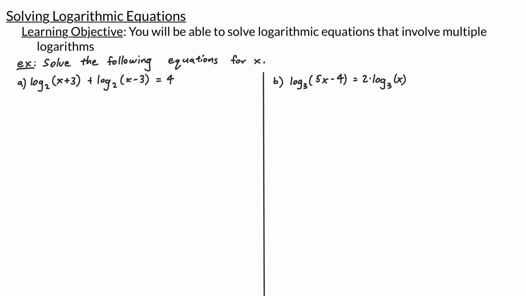In example A, we have the equation log with base 2 of x plus 3 plus log with base 2 of x minus 3 equals 4. So at first you might think, well, to get rid of the logarithms, we can perform the inverse operation, which is exponentiating with base 2. So we might do 2 to the power of the left-hand side and 2 to the power of the right-hand side. The problem is that this 2 to the power of the left-hand side isn't going to cancel out the